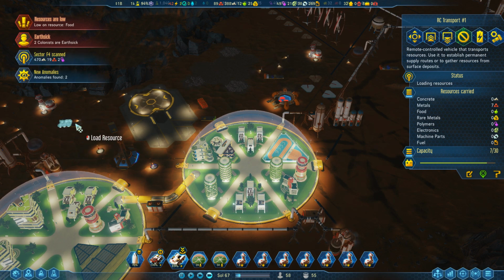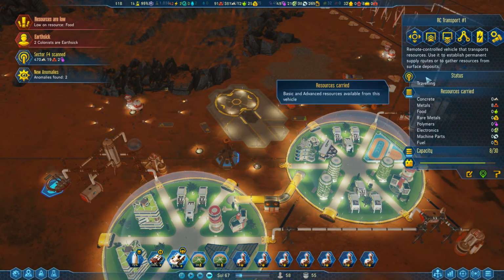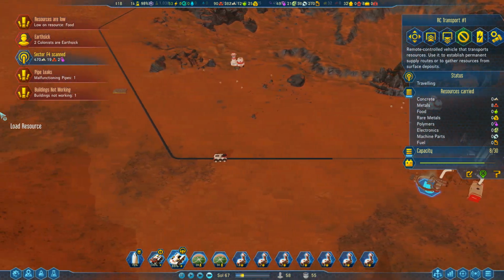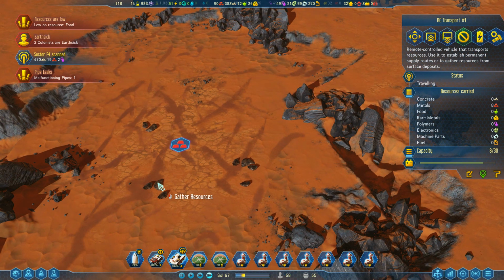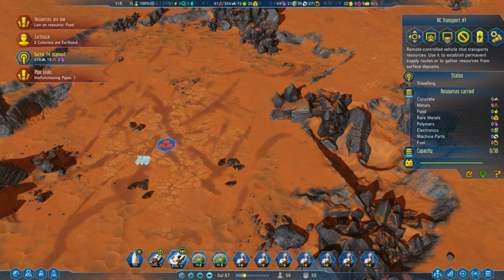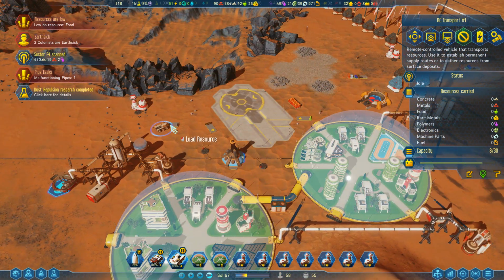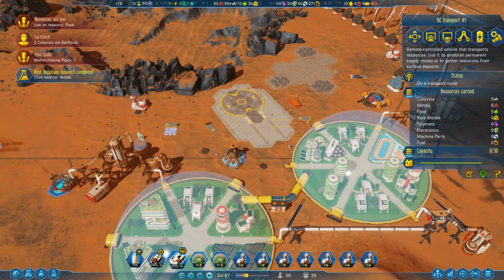Oh, no, it's load and unload? What? Nope, that's not... Okay, what the hell? Set source, set destination. So we're setting the source. Load the resource, metals. And then over here, you want to unload the resource. There you go. Okay, so that should theoretically...